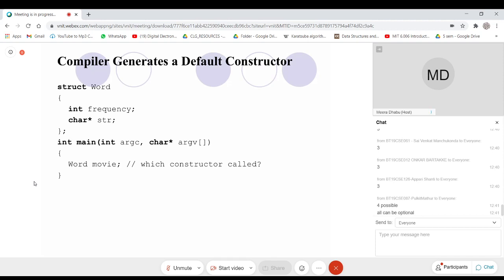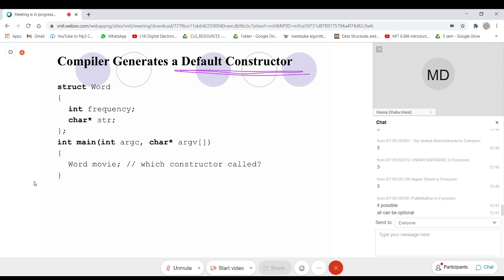This was possible because if you don't write a constructor in the class definition, then the compiler will generate the default constructor for you. Again, I would like to highlight that it will generate a default constructor only if you don't give a definition of any constructor.